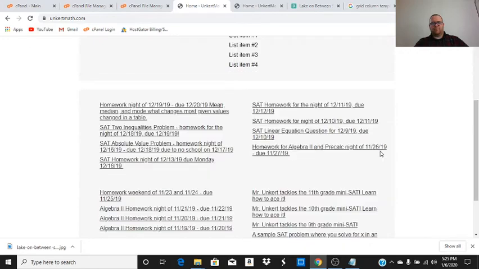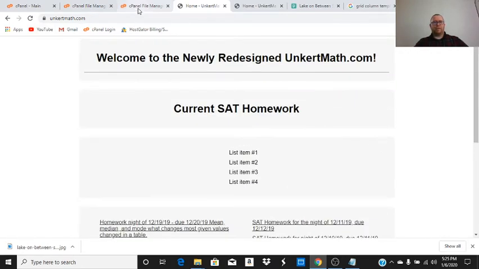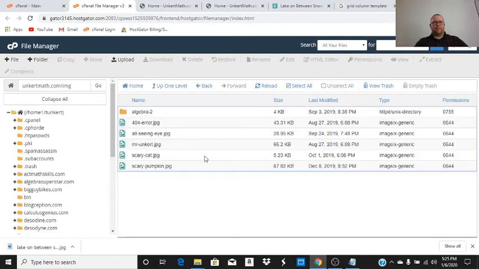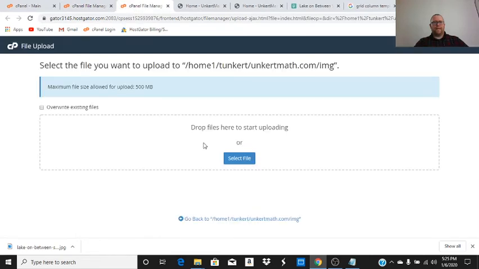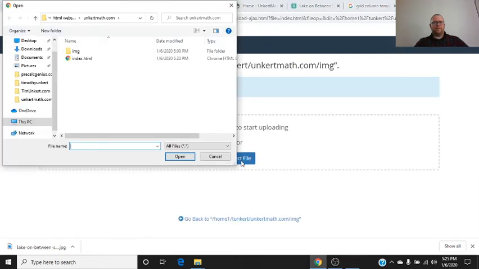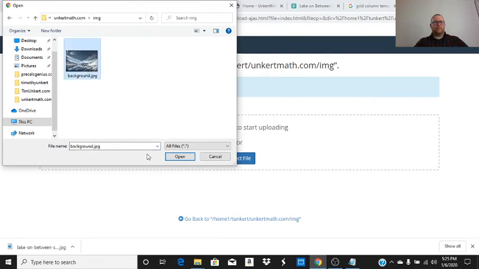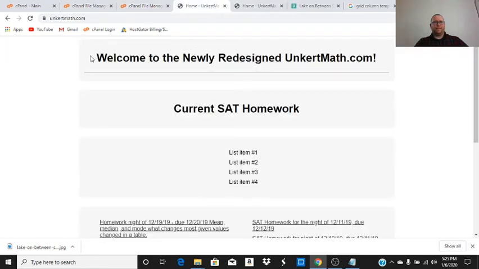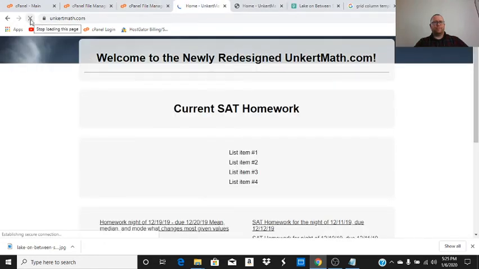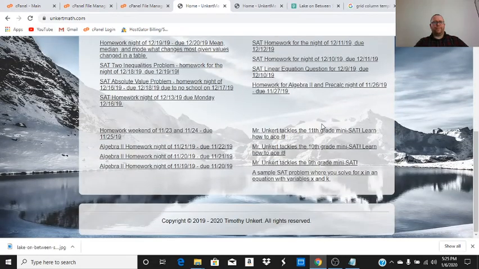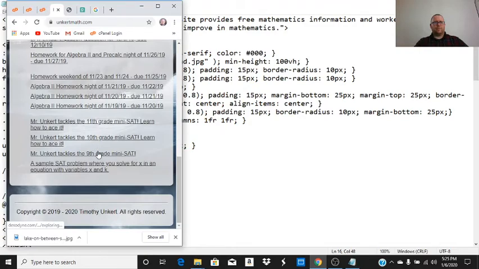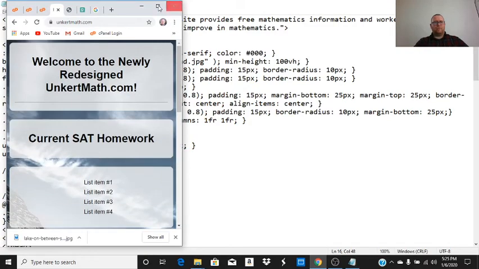So I'm refreshing it. Look, we don't have a background image. So close this out. Now we do have a folder called image here. And we have some files in here, but we don't have that background. So I'm going to upload that. And that was in this folder on my computer. Okay. This is online. Let's refresh. And there we go. There's your background image. Bring it down to the size of a mobile phone. Works pretty nice. So we've redone the site